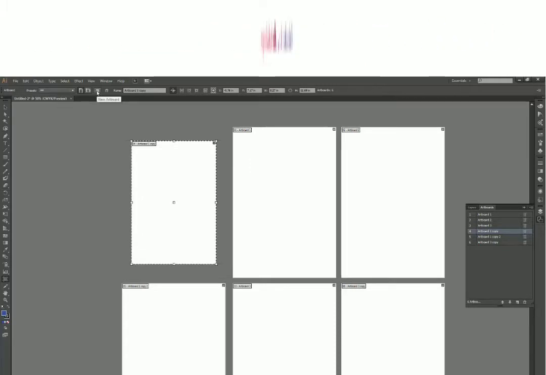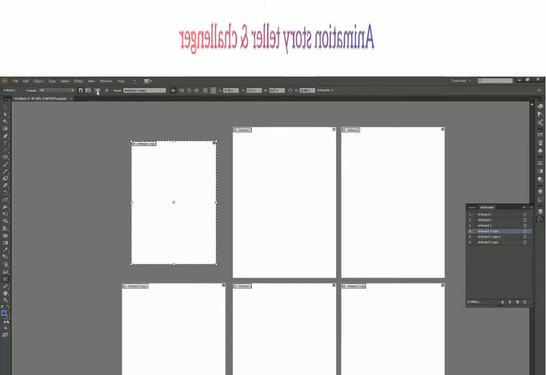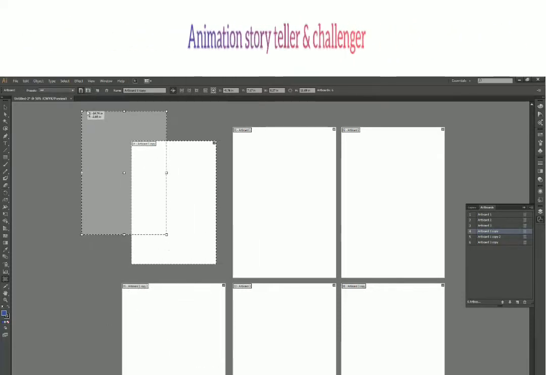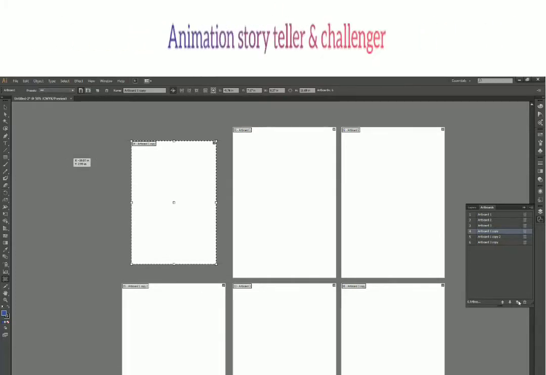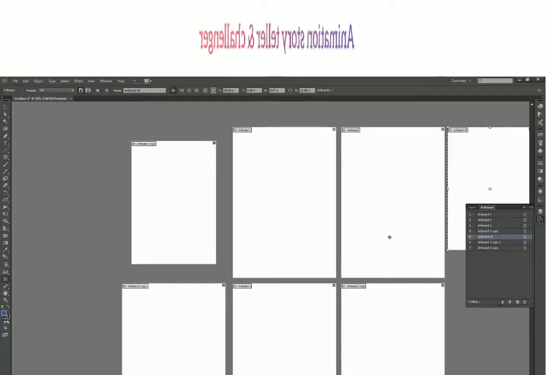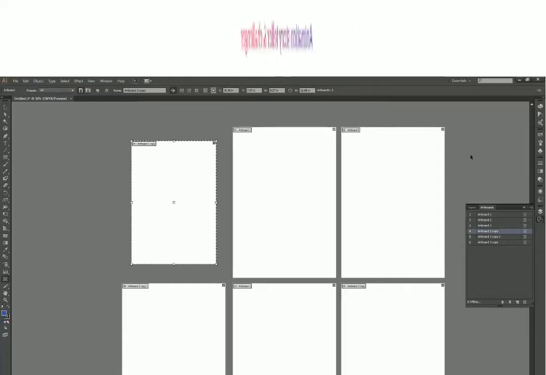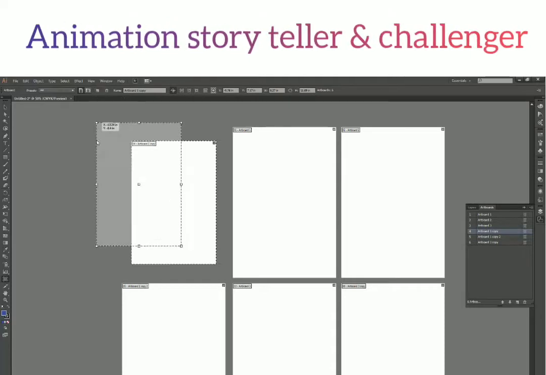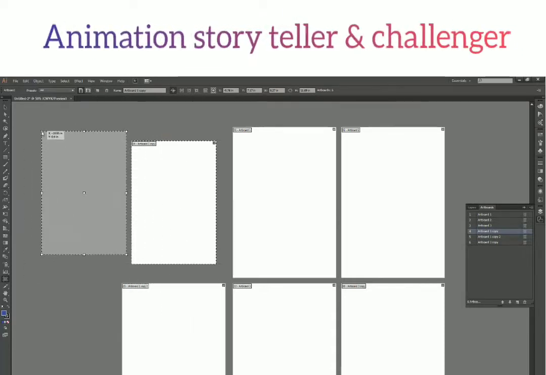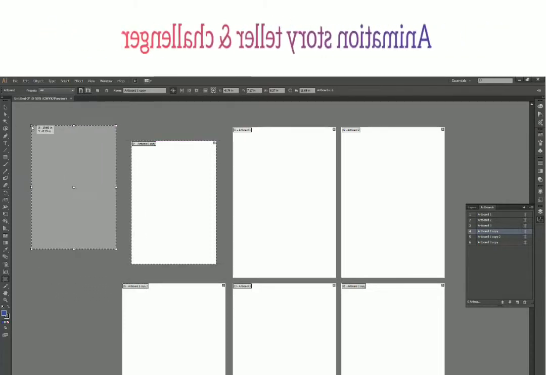Next I have this new artboard icon or button which I can click. Here it works differently. It doesn't create a new artboard immediately like it did with the artboard panel, where it immediately creates a new artboard next to your previous artboards. Here, when you click on the button, it gives you a ghost image of the new artboard.